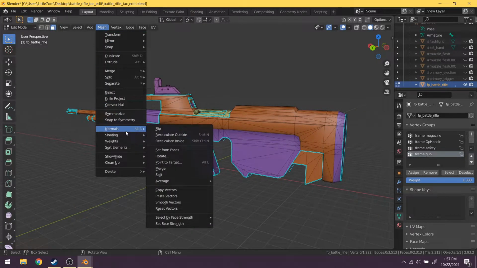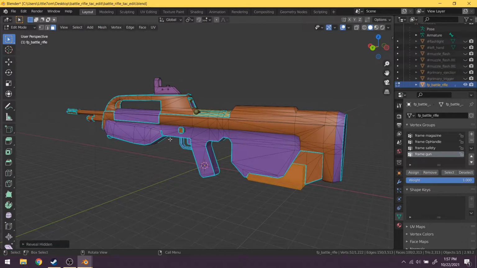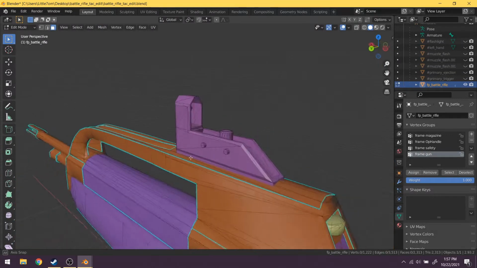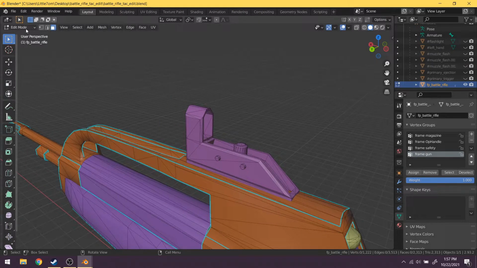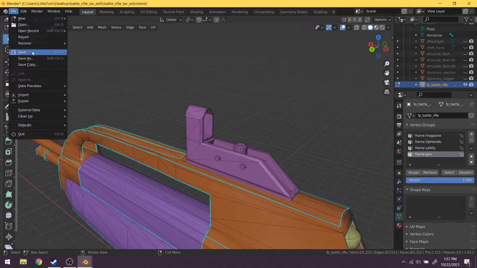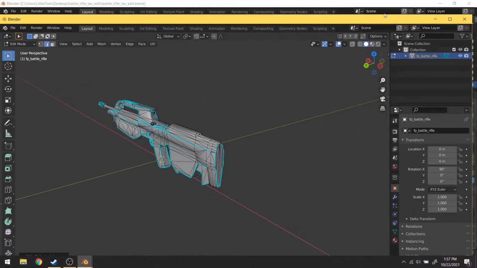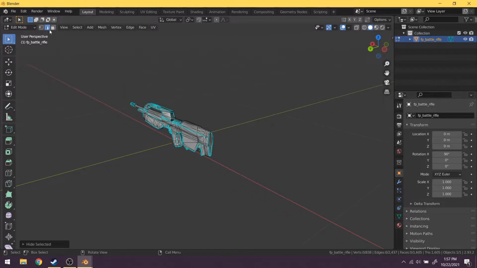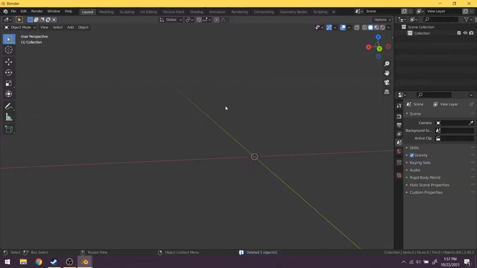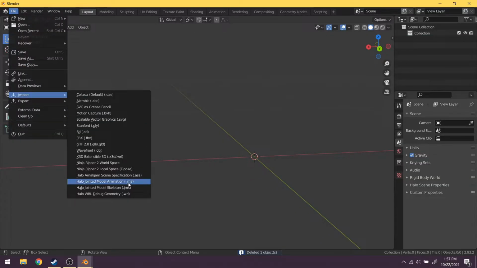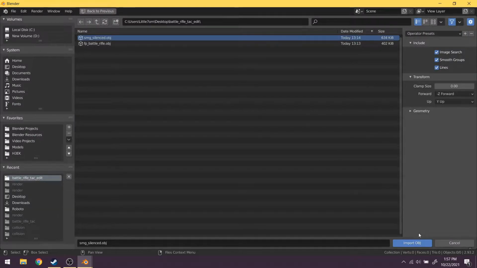And I'm just going to reveal hidden. Now we need to mark the sharps on our sight real quick. But I'm going to save first. And now in our other Blender window, we can delete this battle rifle, import our OBJ file of the SMG silenced,